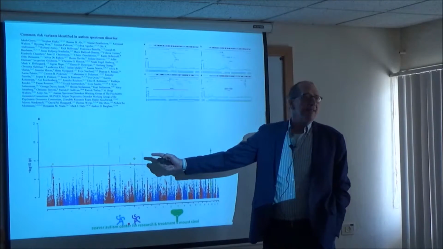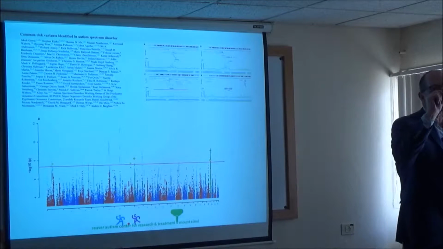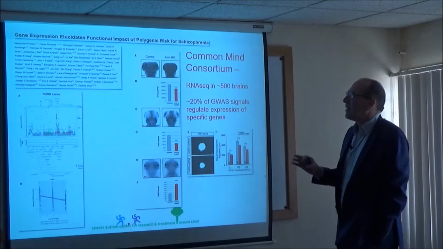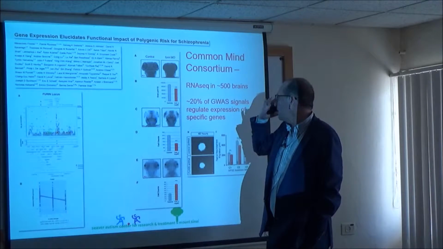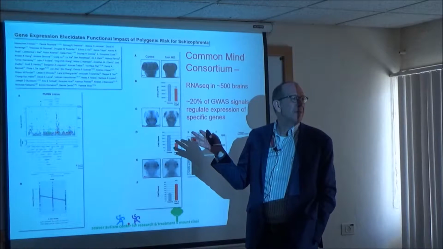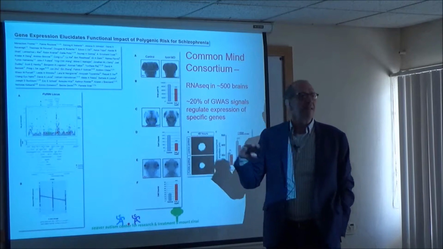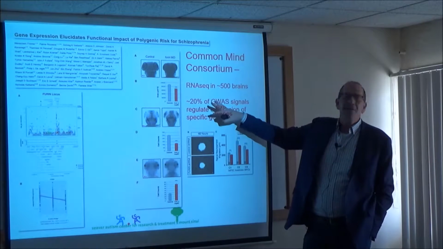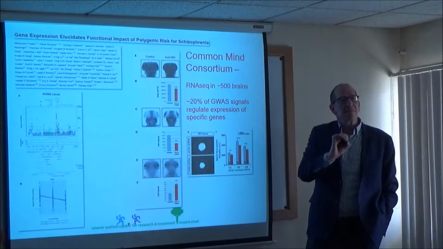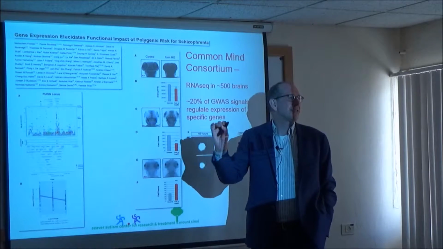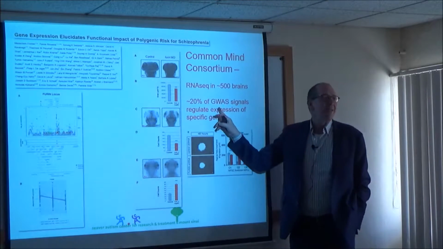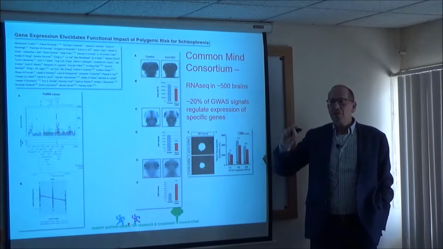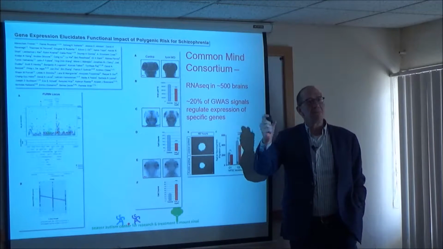And when you find these things, remember they have tiny effects by themselves. So it's hard sometimes to figure out what to do with that information. It's not impossible. This is a study that came out last year. We took the Sinai brain bank and 3 other brain banks in schizophrenia versus controls. We have a much bigger sample set there. And we could look at all the gene expression in the brain, and we can relate the gene expression to common findings in schizophrenia, and we could show, for example, that 20% of the findings in schizophrenia, and there's over 100, you could show the direction of effect on a specific series of genes.